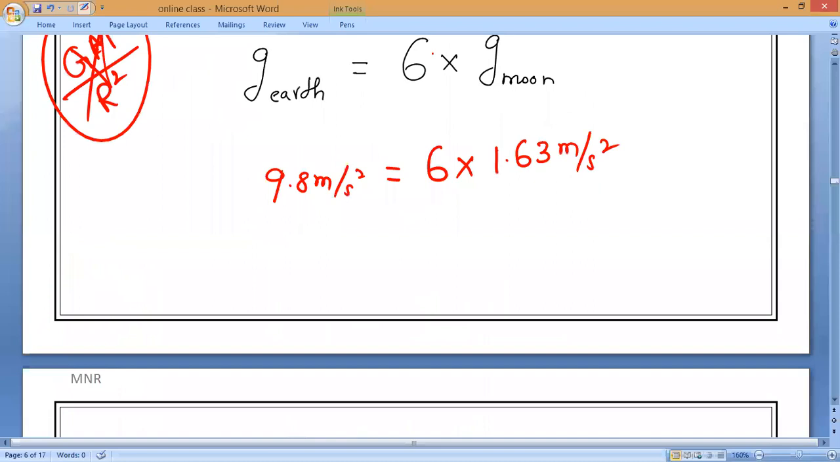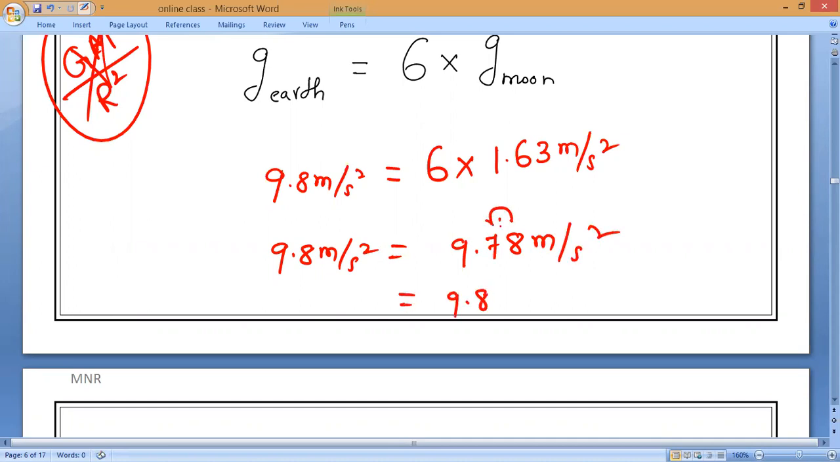1.63 into 6, Mr. Akilan. Gokul Krishna, no response at all. Tell us, how much is it coming? 9.78. 9.78, Hari, not 9.8. Just check it. Is it right or wrong? 9.78 meter per second square is approximately equal to, I can take the second digit as 1 plus